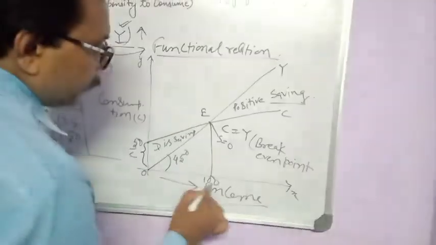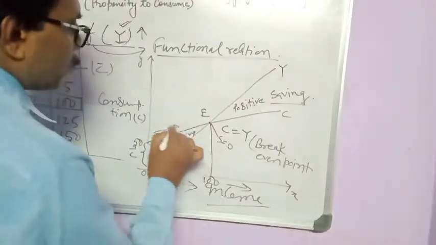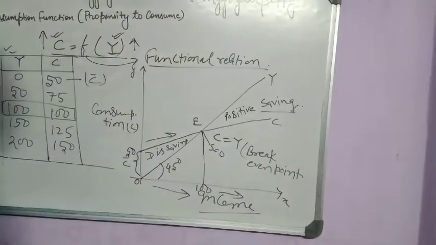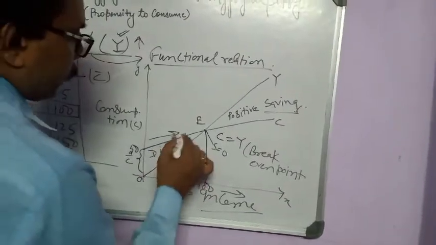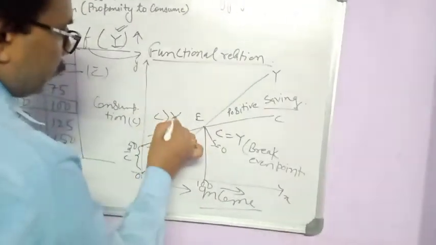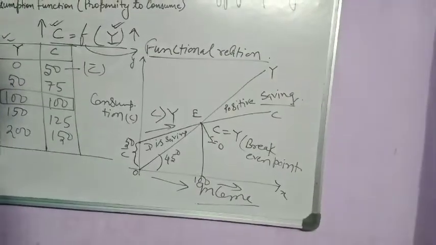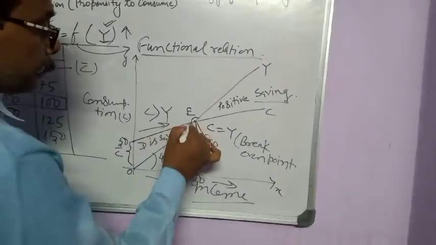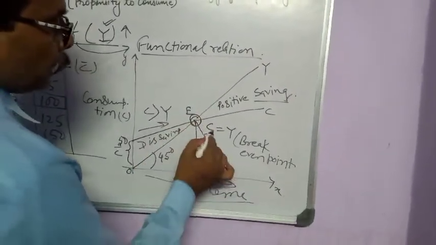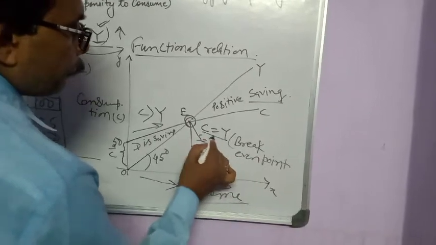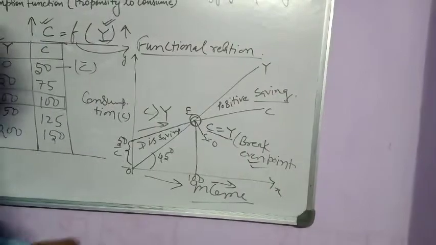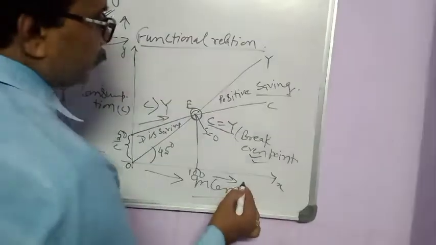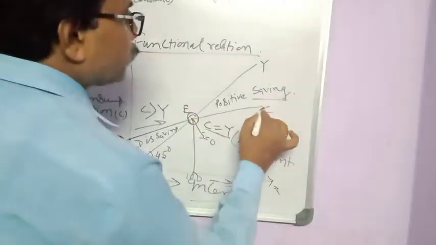As the income increases, consumption also increases. But at the initial stage, consumption is greater than income. But when consumption becomes equal to income, and that is known as the break-even point, after that point, if the income is increasing, consumption is also increasing,